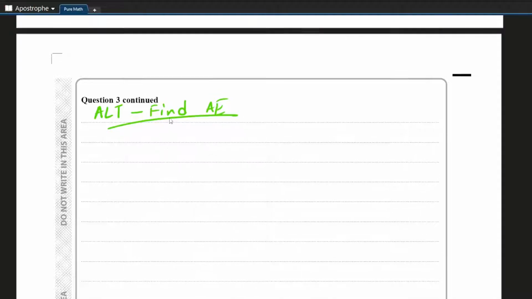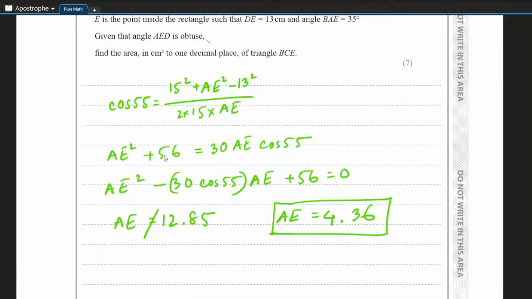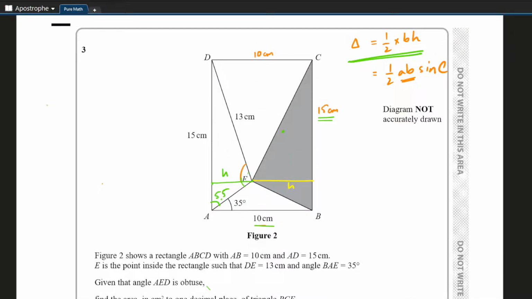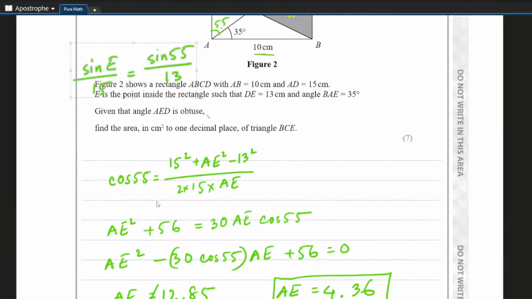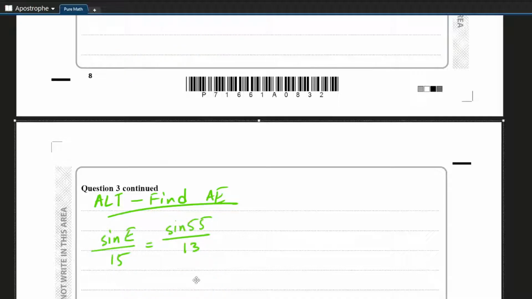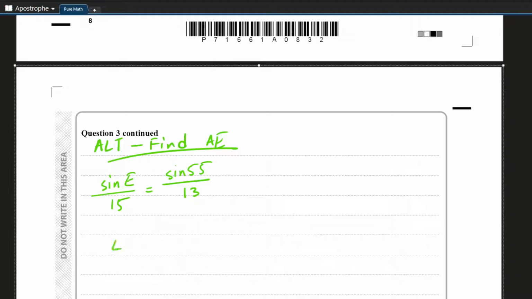Instead of using cosine rule, we will use sine rule. So this is sine E over 15 is equal to sine 55 over 30. From here we will get E is equal to